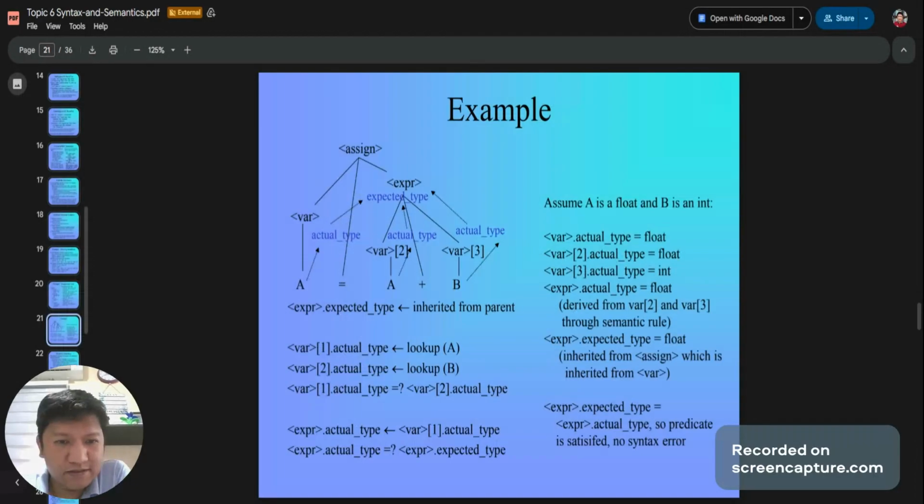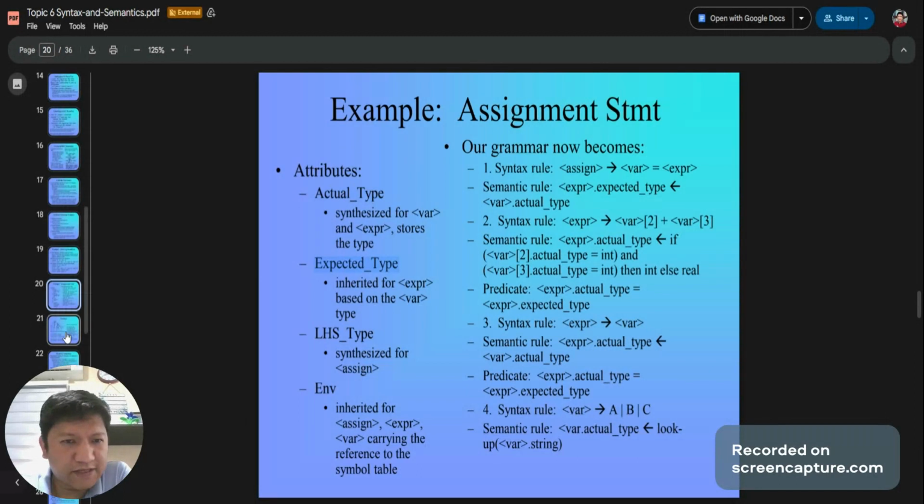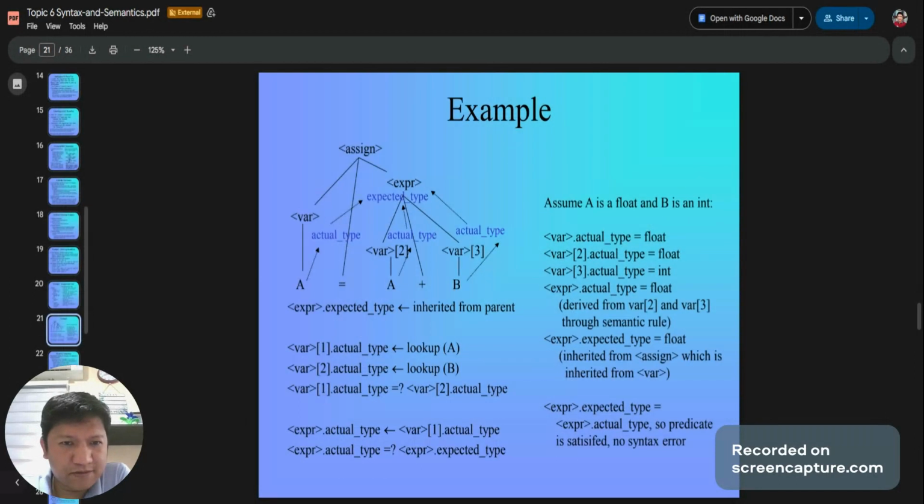Okay, for your assignment statement, A equals A plus B. So that assignment operator, you have a variable, and you have expression, and you also have, of course, the operator. Here are your operands. Okay.